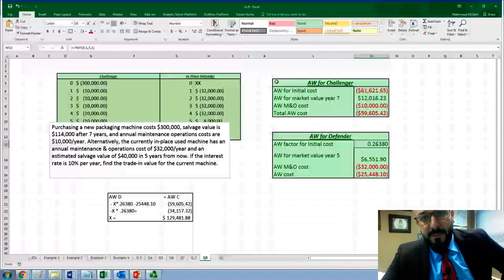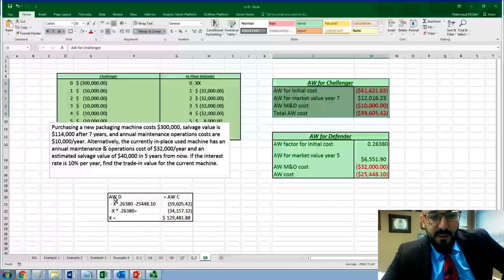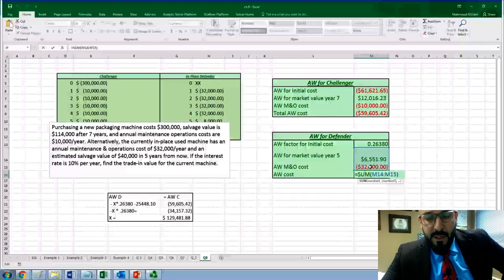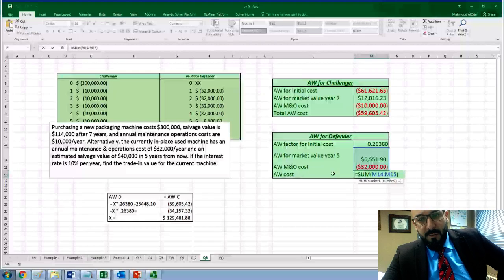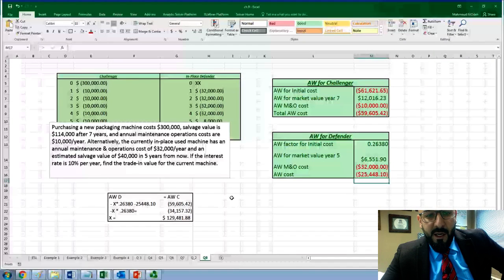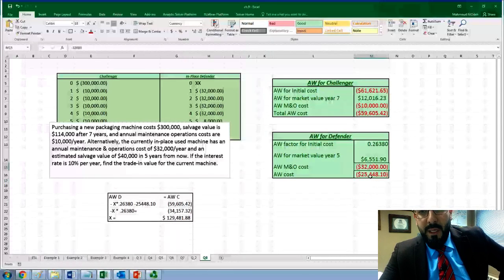Okay, now we have set up these tables. We know exactly what we're looking for. Now let's make the annual worth of the defender equal the annual worth of the challenger. The annual worth of the defender would be the initial cost minus the maintenance and operational cost of 32,000 plus the salvage value. You could do this, or you could just add them together and find the net value. I did calculate the net value of the salvage value and the maintenance and operational cost to be